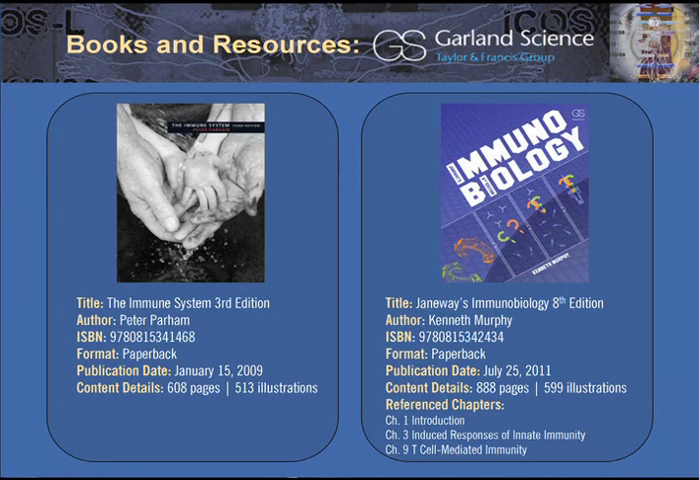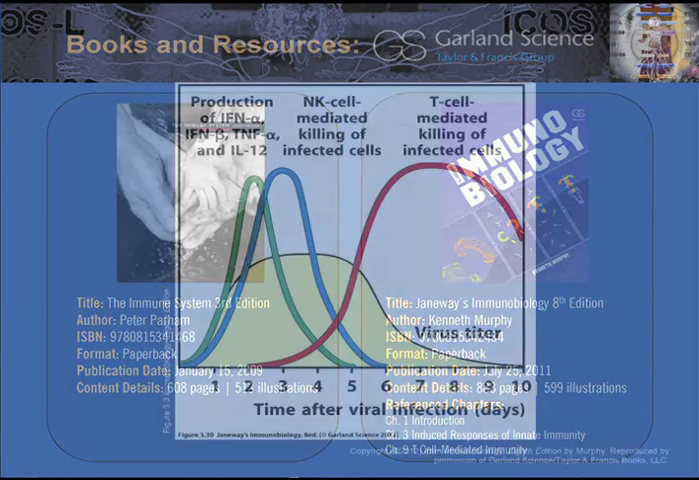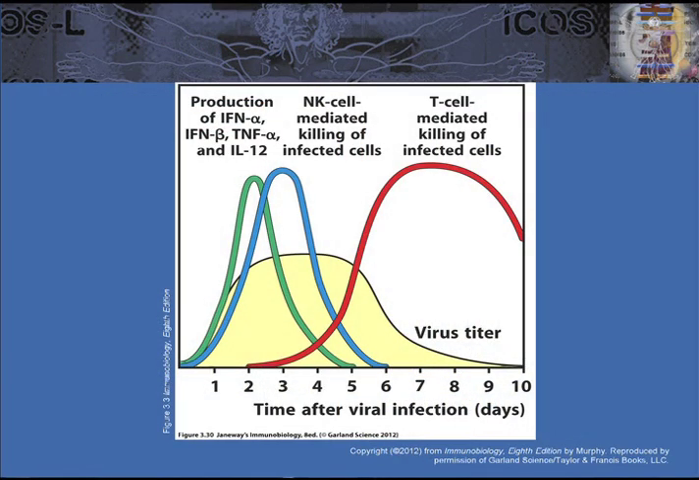Many of the figures from this are from these books from Garland Science, particularly Chapter 9 in the Janeway text. So when you get infected with a virus, as shown here in this diagram, you can see that the virus titer climbs rapidly for the first few days, but then plateaus, and after about 5 to 6 days begins to fall back down. What prevents the viral titer from going up